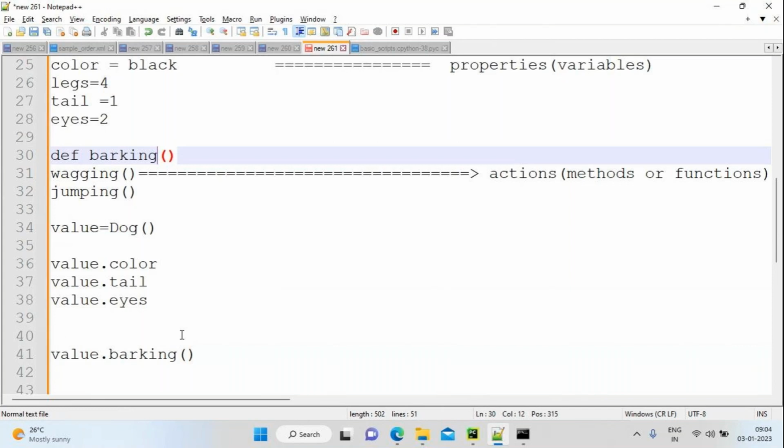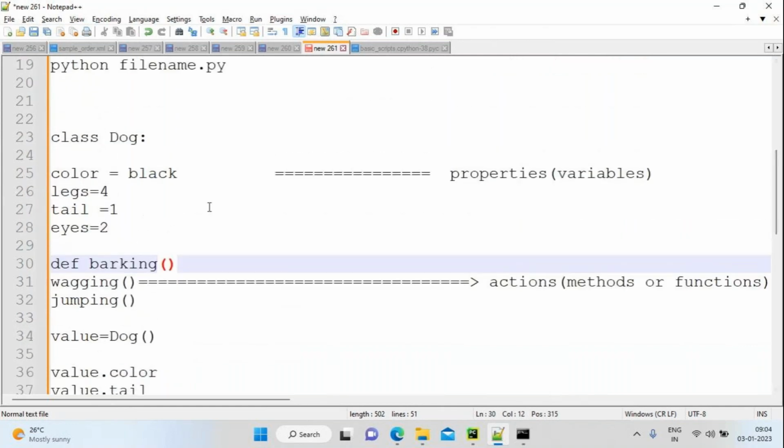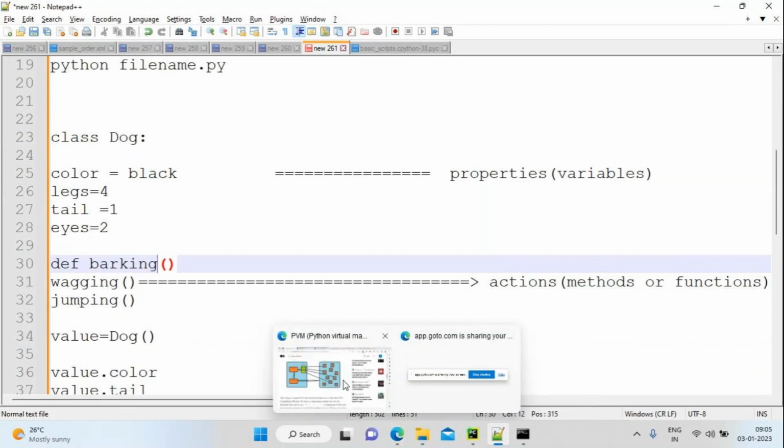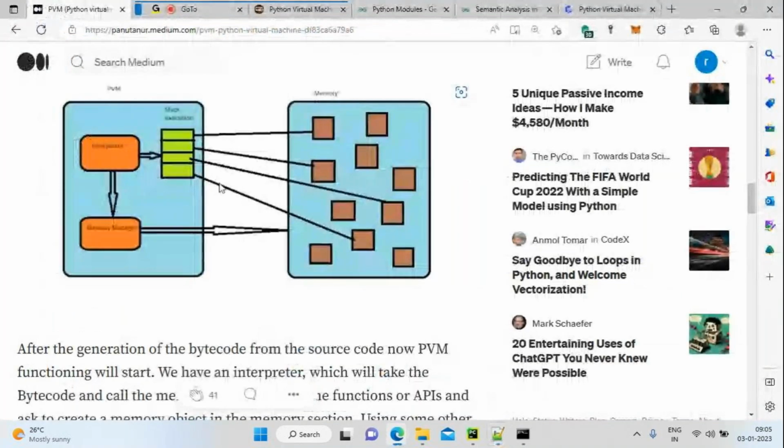If I want to access those properties or actions, I want to create a memory for the corresponding class. That's the reason I am using the memory manager. The memory manager will allocate a memory for the corresponding class.